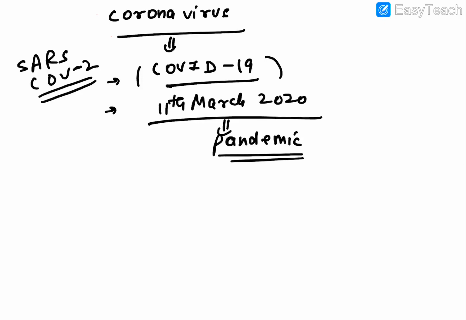The SARS coronavirus, the previous one, was there in 2002 and 3, but after that, in between, MERS, the Middle East Respiratory Syndrome virus, came, and now it has come again as the second version, the SARS coronavirus 2, that is severe acute respiratory syndrome virus 2. This particular one I call COVID-19, and it was termed as a pandemic.